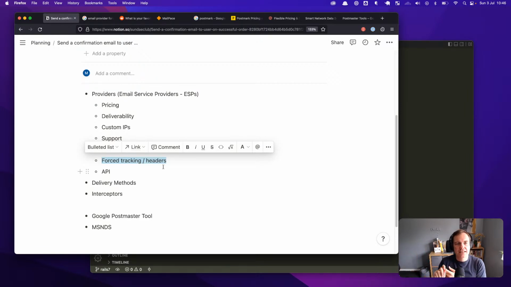There are two things to consider about that. One is that you are going to get that data back. You're going to see it in your click reporting, but you're also giving it to the ESP. So do you want them to be putting their link tracking in there? Also, it's an external dependency for your emails. If their link forwarding service goes down, none of the links in your emails will work. So you might want the data and deem that a worthwhile external dependency. You might not, and say, no, I want to turn that off. And can you turn that off is a question that you want to check